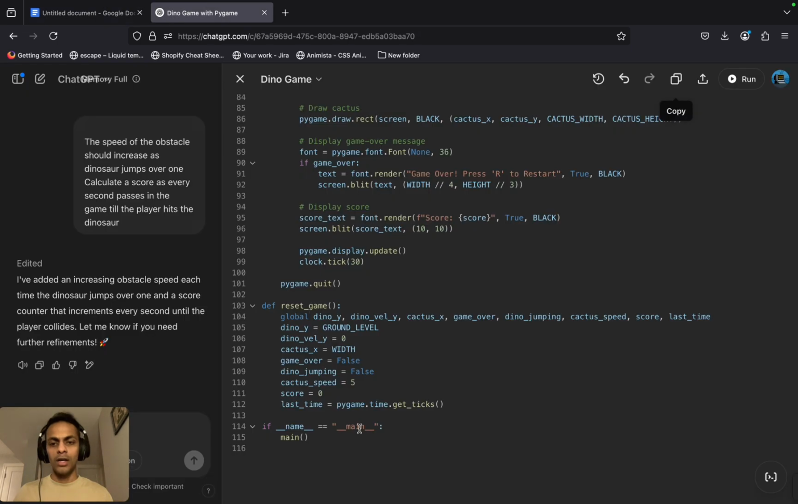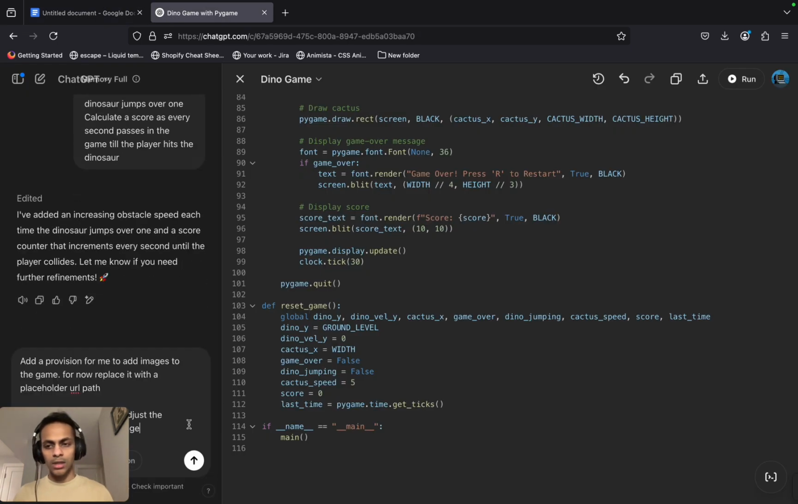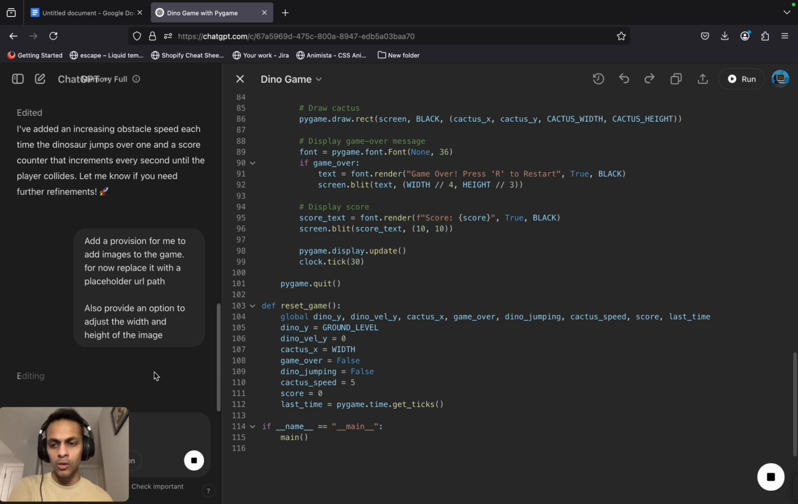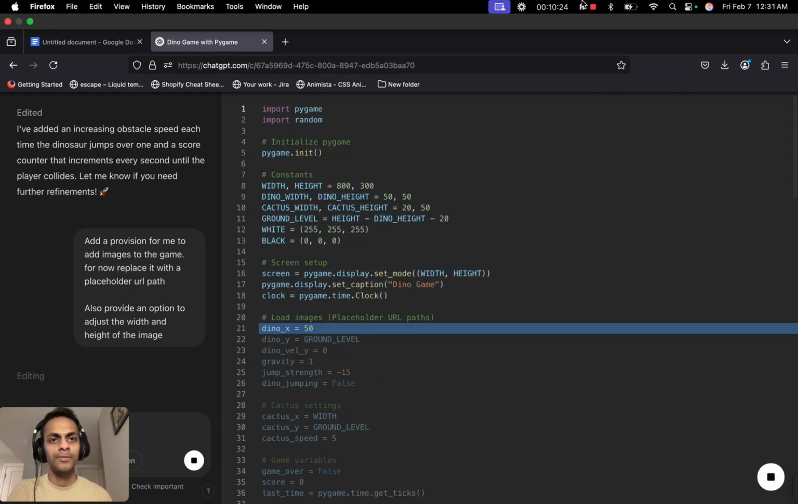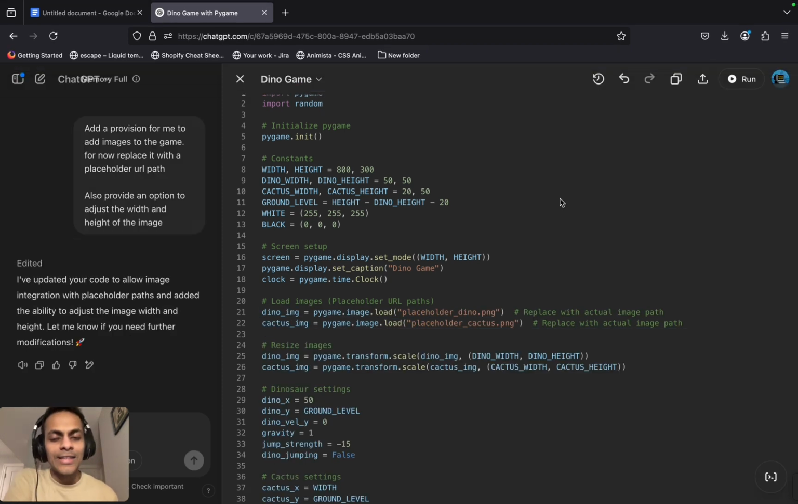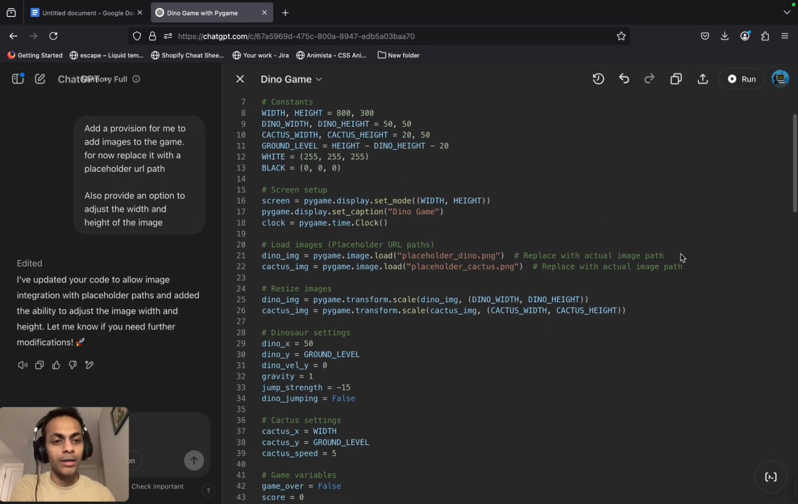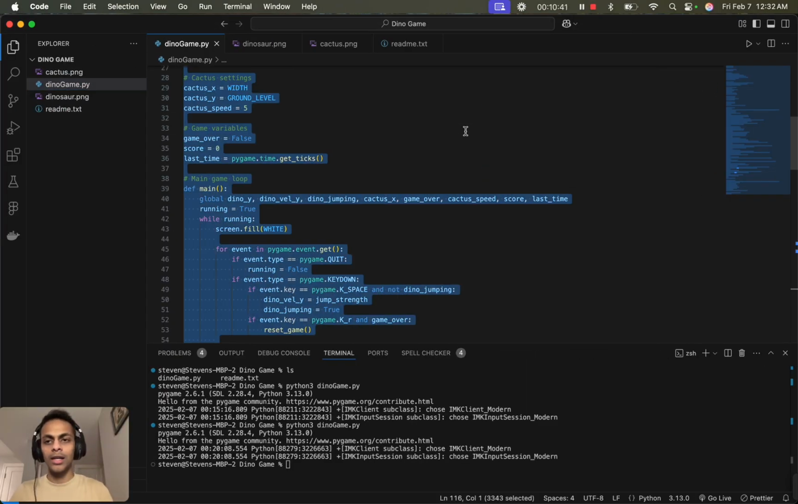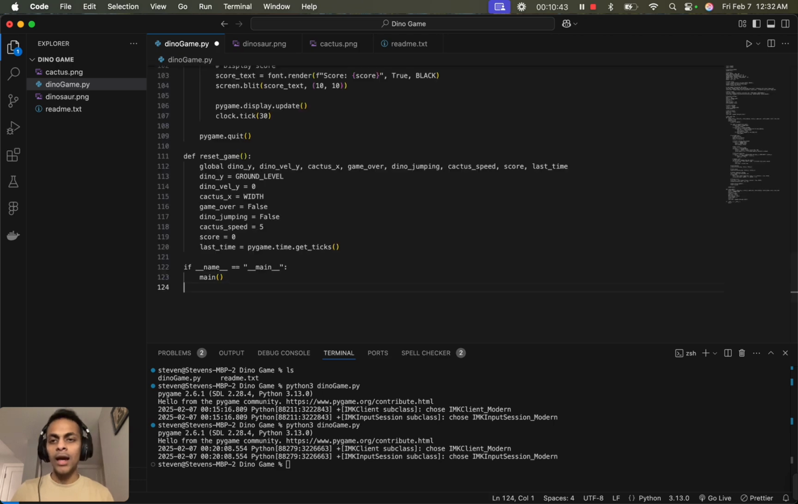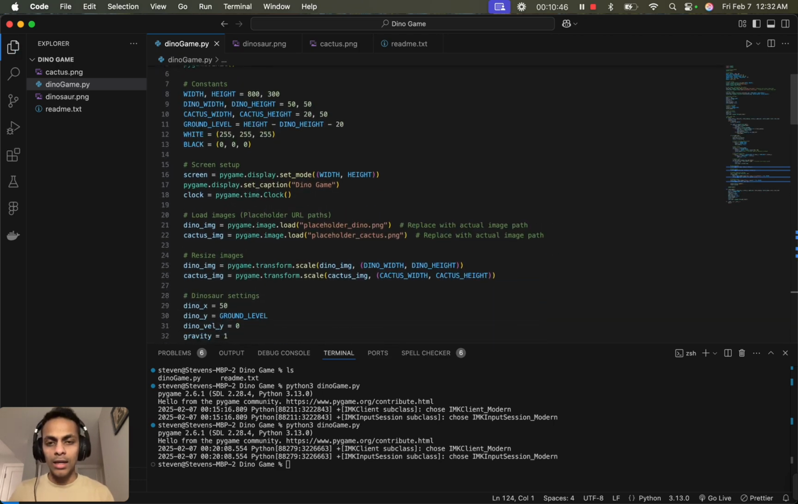I'm going back to ChatGPT and pasting the two improvements that I wanted in the code, and let it start editing. I'll be back when it is ready. Okay, we can see that the code generation is completed, and it has provided us with the placeholder to upload these images. I'm going to copy the file, go back to the Python file, delete everything that I had, paste the new code, and replace the placeholder with the actual